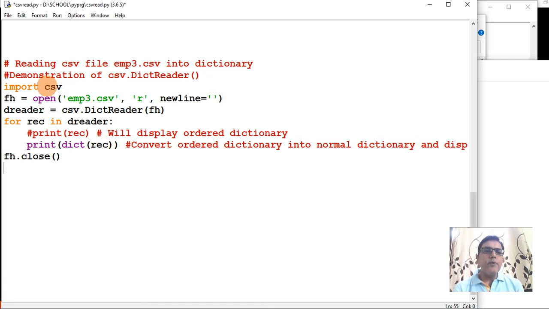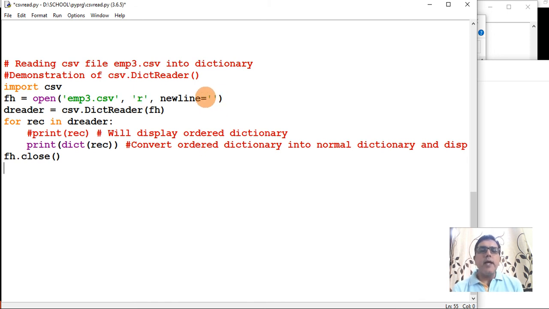So first you have to import csv. Here I will be using the DictReader method. Earlier we had used the DictWriter method. First you will create a file handle. fh is the file handle. emp3.csv is the CSV file which you will open for reading, with newline as empty.